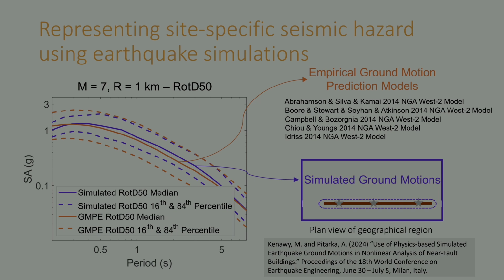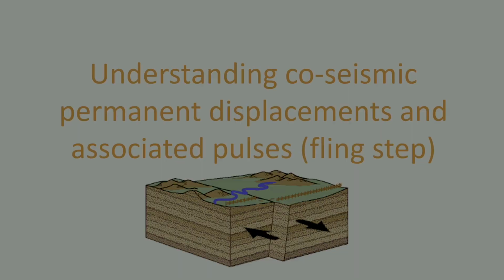How can we use this new, maybe improved representation of seismic hazard that has all of these interesting additional site-specific effects, directivity effects, all that stuff? So one study that I've done over the past year was looking at the so-called co-seismic offsets or displacements, sometimes called fling step. This is basically due to the movement of a fault. You're looking here at a strike slip movement, and that movement results in a permanent shift in